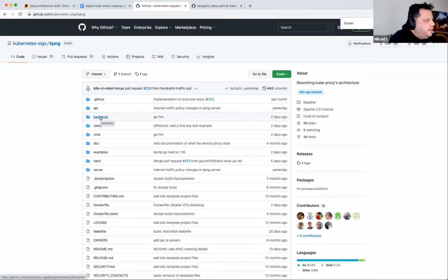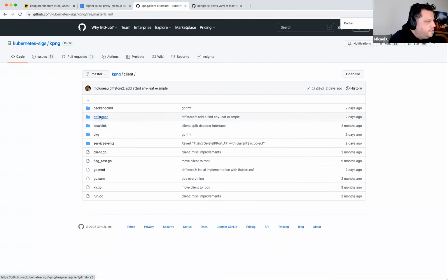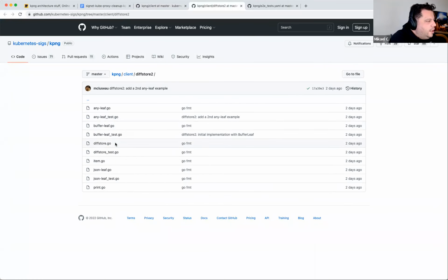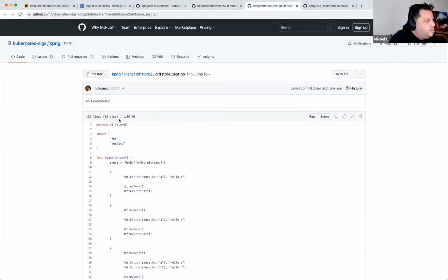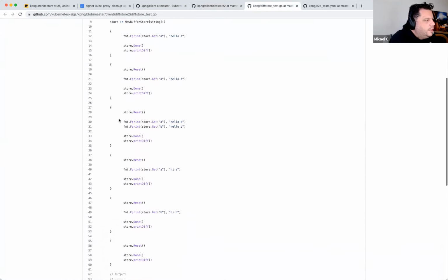Yeah, so it's in client, most important thing. Client diff store 2. And there you want to start at diff store test, or any leaf test, maybe. Both are quite easy.